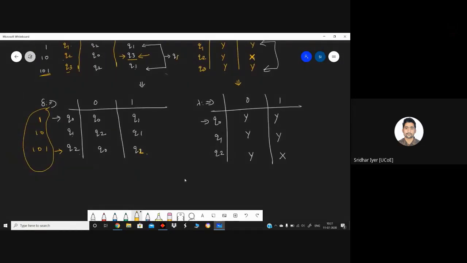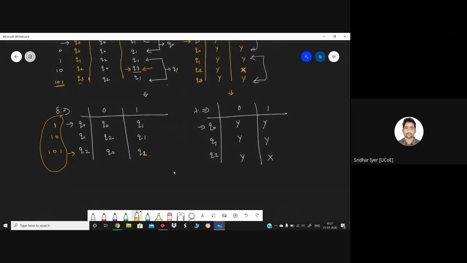Wherever you merge the states, pay attention towards that. After merging, don't write the old states. You have to write everything in terms of these new states. So in this table, you can see there are only three states, Q0, Q1, and Q2. So by logically thinking, you can't even have Q3 over here. So that's why we have written Q1. Clear? So this is how you merge the tables.